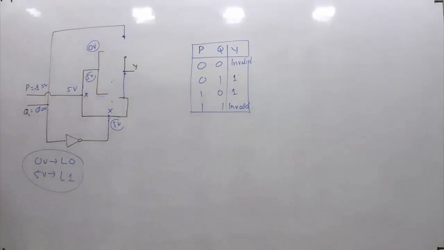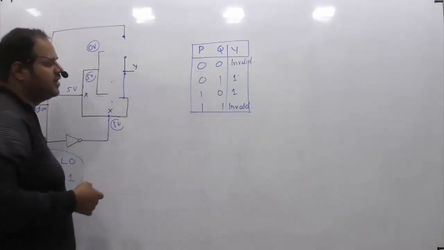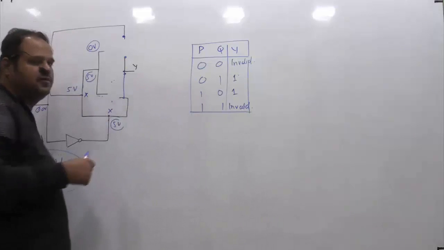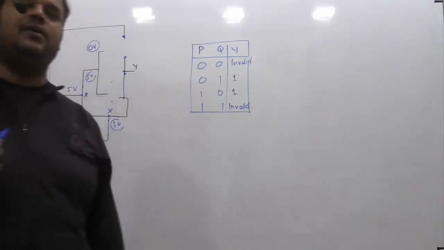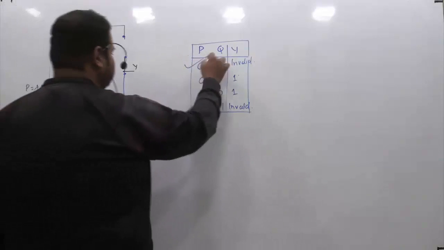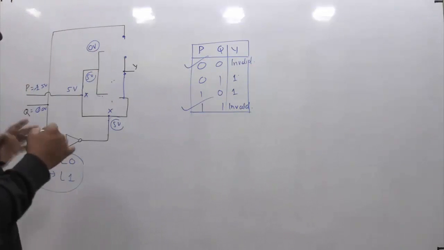So that's why some people that year said, because for 0 1 the output is 1, and for 1 0 the output is 1, some people thought that when the inputs are not the same, we get output 1. It matches with the logic of an XOR gate. And even the IIT people initially gave the answer XOR, right? But later, when it was challenged for the first and last combinations, they made it a grace mark question.